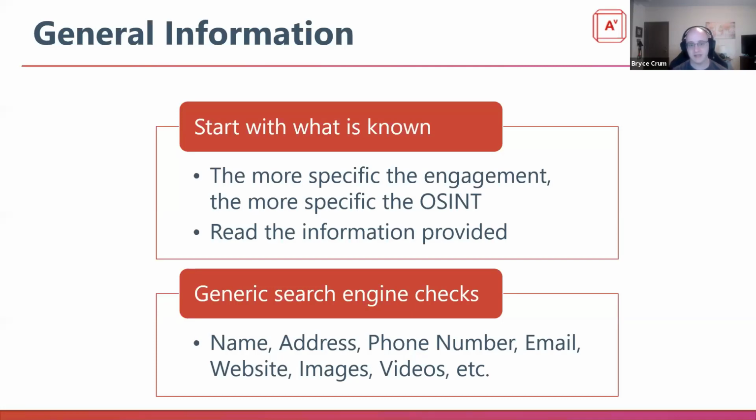So obviously, if let's say someone has come in and decided that they want an assessment done, and they've said you have free reign, basically here's the name of the company, go figure information out, then give us the option to decide whether or not it's in scope. But we just want to see what's there, right? That obviously is a very broad scope. You're in a situation where you're going to be doing a lot more open source intelligence on a lot more aspects and a lot more areas. Whereas if someone comes in and says, these are the exact hosts I want checked, these are the exact services on those hosts I want checked, I want XYZ done, then that narrows down the amount of research that you're going to be doing and what you're currently targeting.